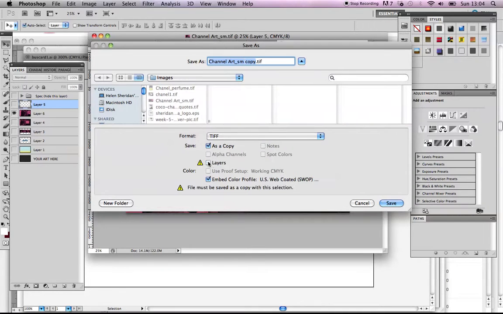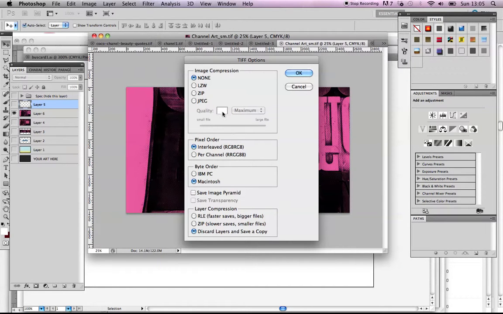Now I could turn the layers off. It would probably bring the file size down a little bit. And again, I'm saving it in the same folder that all of my images are in for this project. So we'll click Save. Okay, and here it's important, I showed you in an earlier tutorial, leave the image compression